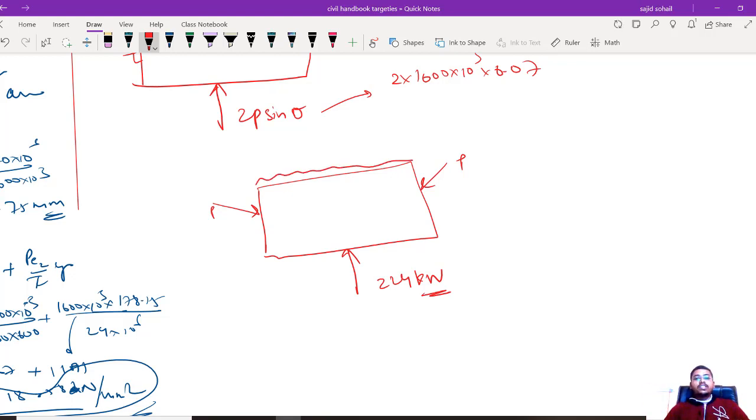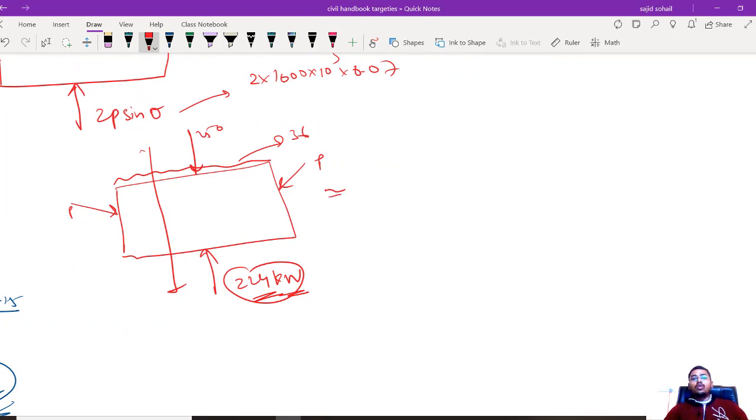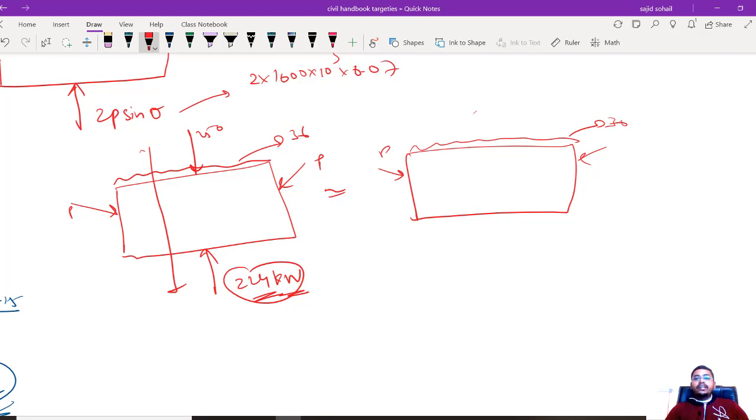I know what is the loading, right? How much was the loading? This UDL was 36 and there was a point load of 250 acting, but now this 250 will be decreased. The net load which is acting will be 250 minus 224. So this is equivalent to the loading with P, and the loading is 36, and the weight whatever is acting is 250 minus 224, so it should be 36 kilonewton.